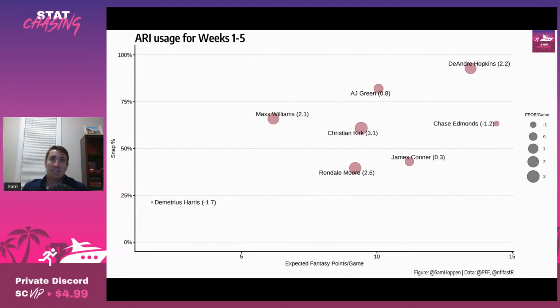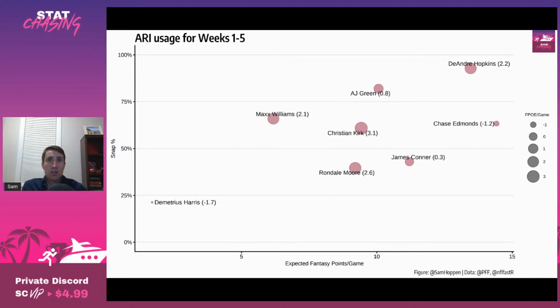Let me tell you, things looked good in week 5. Moore hit a season high 60% routes run rate. And while I think a lot of people had hoped that those routes would come from AJ Green, they actually came from Christian Kirk, who ran a route on a season low 55% of dropbacks. And that was the first time that Moore outran Kirk in routes. AJ Green, meanwhile, has run a route on 89% of dropbacks this season. He doesn't have a rate below 83% in a single game this year.